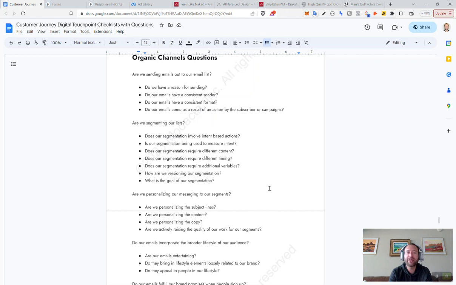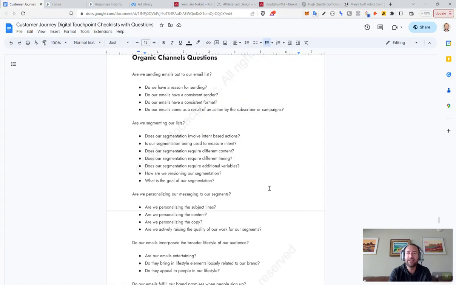Do our emails come as a result of an action by a subscriber or campaigns? This is really between flows and campaigns. I believe you should have both, but I believe that the majority of people are happy with flows because they come to expect them relevant to behaviors that are taken. Campaigns, on the other hand, can go the completely other direction and they don't need to be salesy all the time. They can actually function around things that make sense for the user that they're interested in. A new product drop, a new line, a new color, whatever it is. Let them know about an activity that you participated in, give them a company update, tell them what's going on outside of just the company business.